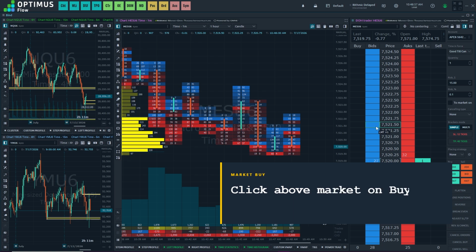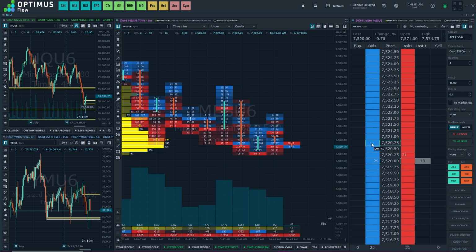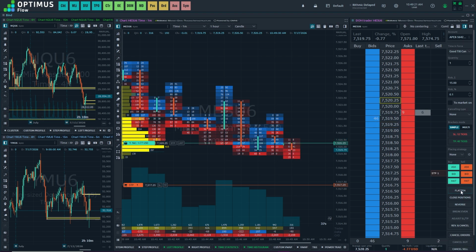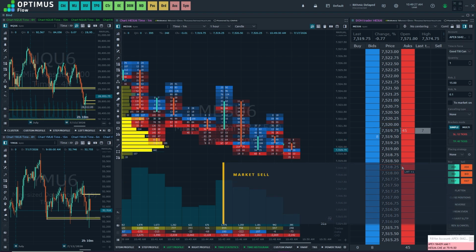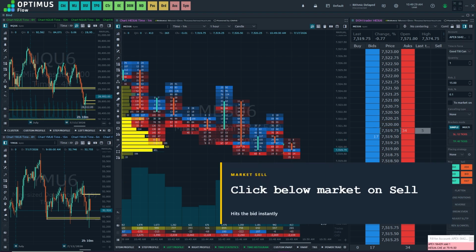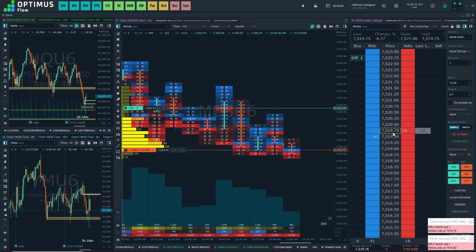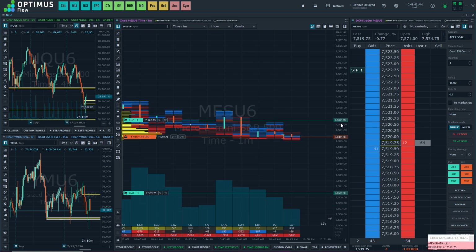For a market buy, you would click anywhere in the blue column, the buy column, above where price is currently trading. So if I were to click here, it would place a market buy order. I got filled at 20 quarter. Go ahead and flatten that. If I click in the right column, in the sell order column, under where price is trading, it would be a market sell order. So I got filled at 19.75, and you can see my position and stop as well as take profit here on the